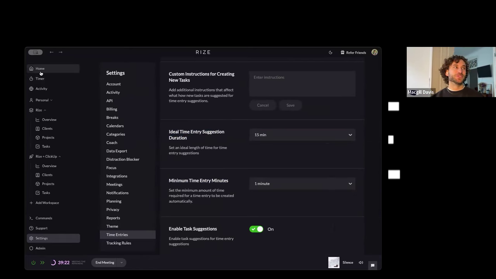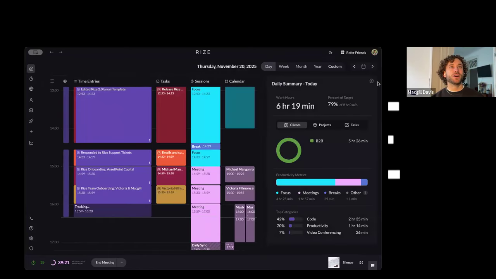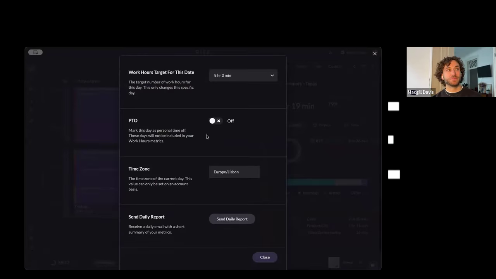PTO, yes, this is a good one. So right now with PTO, we do check the calendar. If you have a calendar event that is PTO or OOO, we will mark that day as PTO. If you go in there, you can also manually toggle a day as PTO. But if you have an all-day calendar event with PTO in the calendar, this will automatically